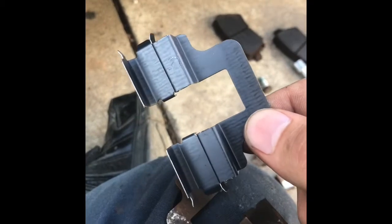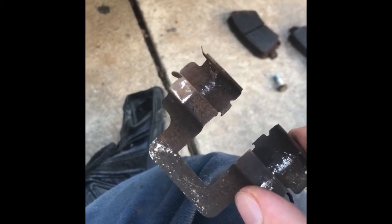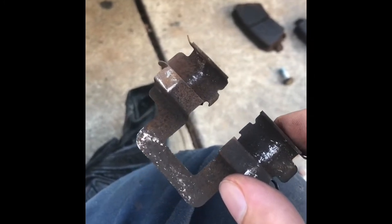Now these are just ordered. These are probably 4 years newer. I haven't done the brakes on this car in a long time. It's been about 3 or 4 years, but the car has also been sitting for a long time too, so that doesn't help. Now, first thing I noticed about these new guides,